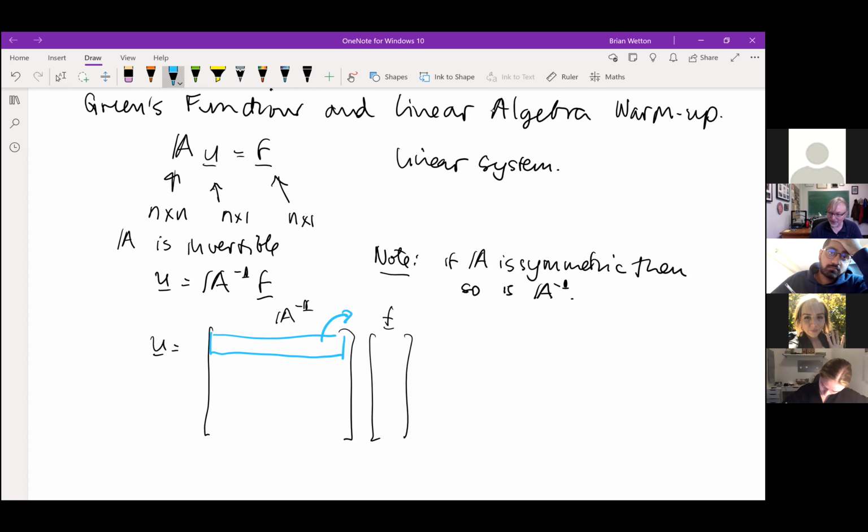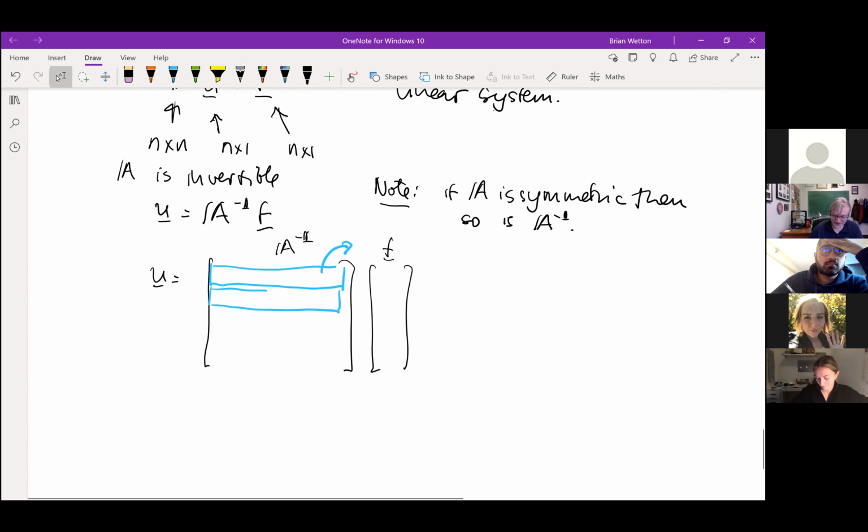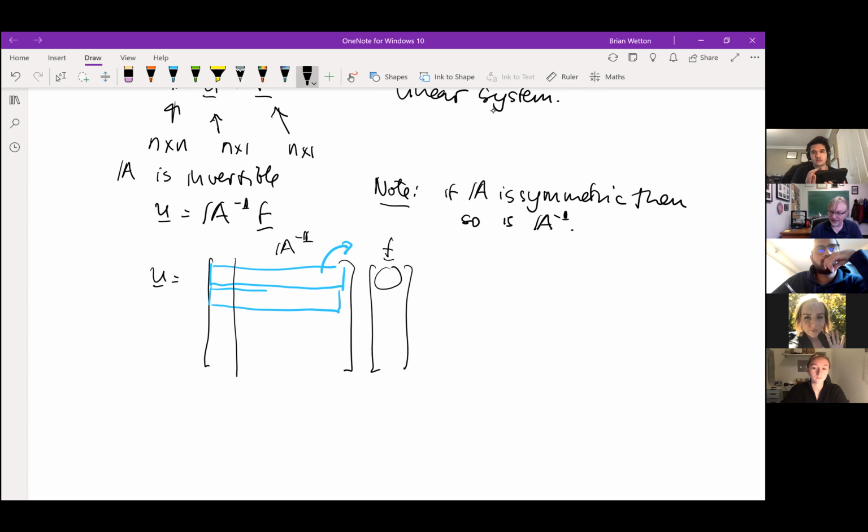How do you get the second component of U? You take the second row, you turn it sideways, you take the dot product with F. Again, this would be easier if I used Einstein summation convention, but I guess maybe easier for me, not necessarily easier for everyone else. But the way to look at this is, let's look at it not row by row, but by column. The first column of this matrix is always hitting this entry F1,